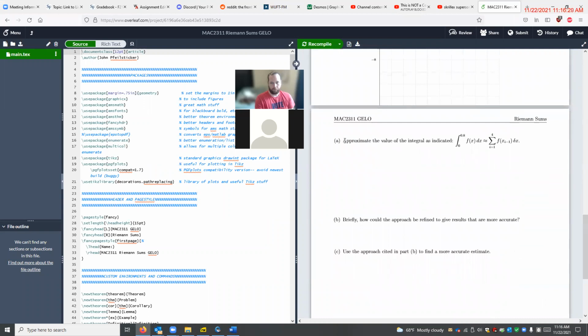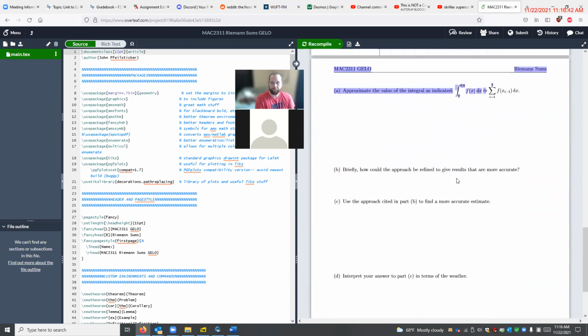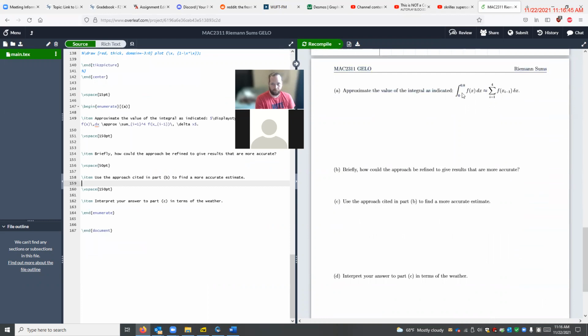What you're going to do is approximate the integral of that function, integral from 0 to 0.8, as a Riemann sum. And this is the left endpoint Riemann sum with 4 rectangles. So you're going to calculate that Riemann sum as an approximation to the integral. Then you're going to explain what we could do to get a better result, a better approximation. What could I do to make this Riemann sum closer to the actual value of the integral? We talked about that back in 5.1. How do we get better approximations? You can pick any method that you think will give you a better approximation. And then in part C, you're going to apply that method.